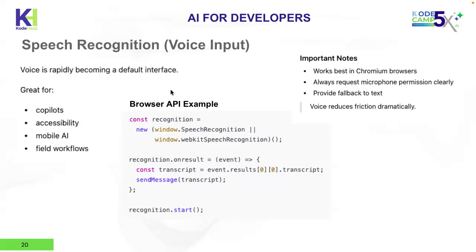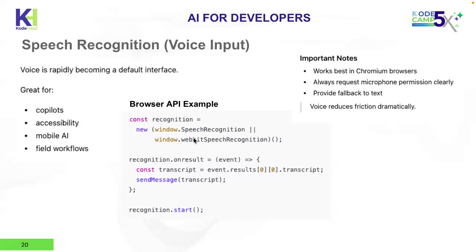So voice is rapidly becoming a default interface, right? So for Copilot, accessibility is very important. In fact, accessibility is a key element of web development, right? But now AI really brings accessibility to the next level, because before you would have to pre-craft descriptions for images, what we call the alt text for images. You will have to pre-craft special kinds of